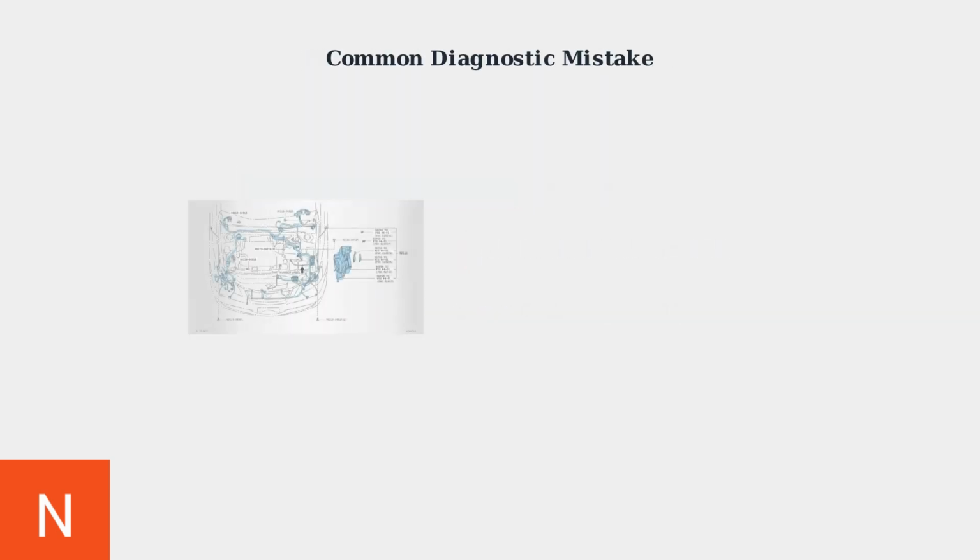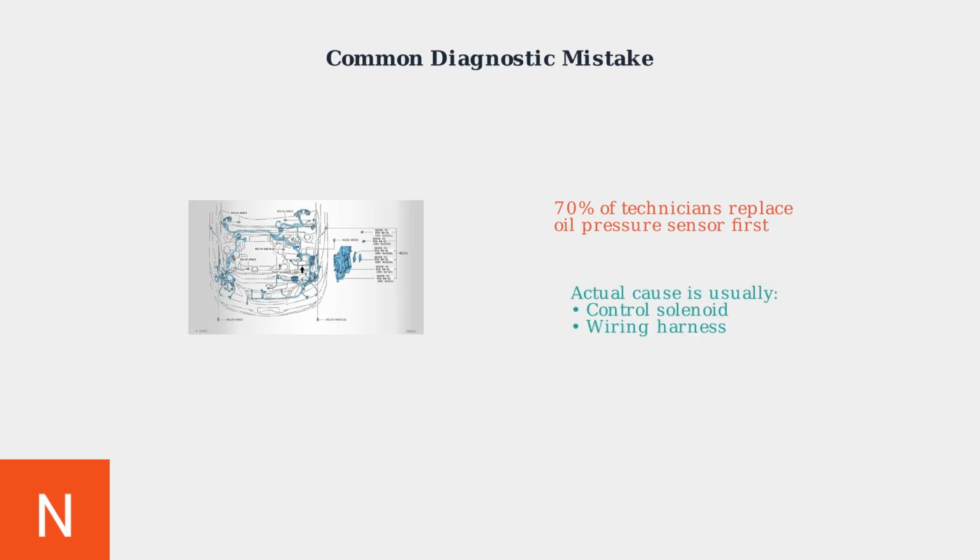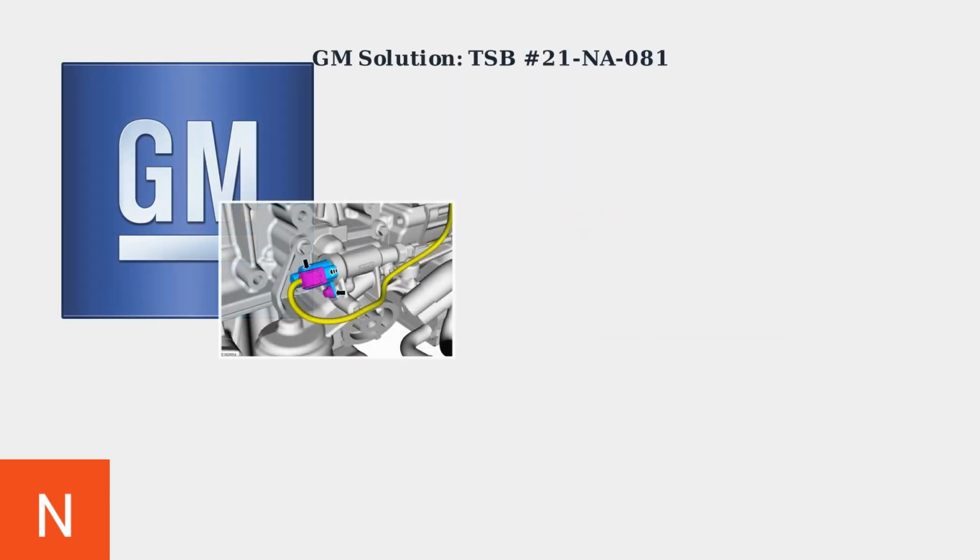Industry experts note a common diagnostic mistake. 70% of technicians replace the oil pressure sensor first, but the actual cause is usually the control solenoid or wiring harness issues. General Motors issued Technical Service Bulletin